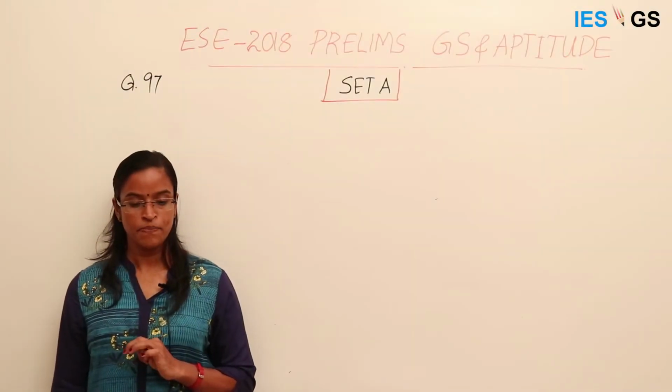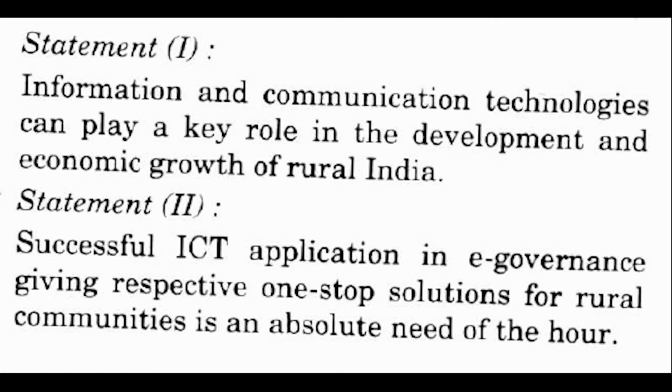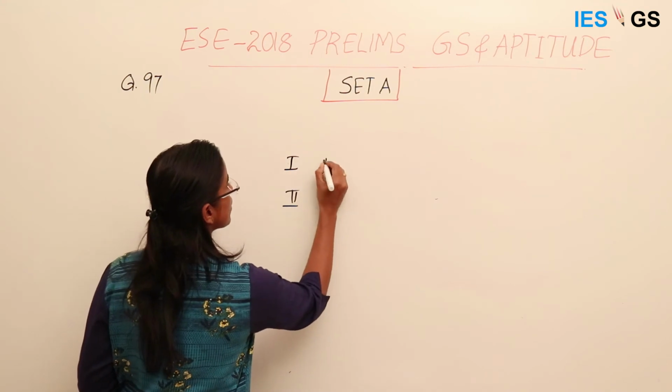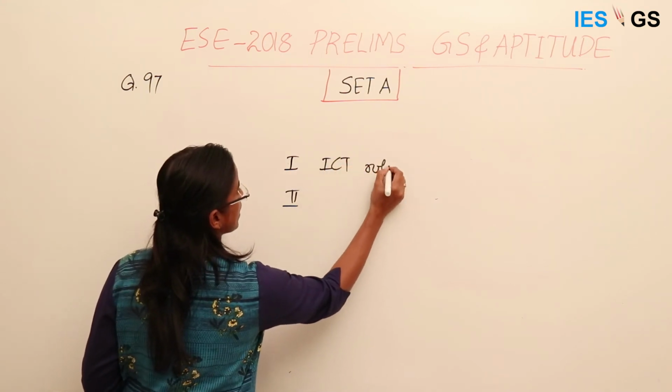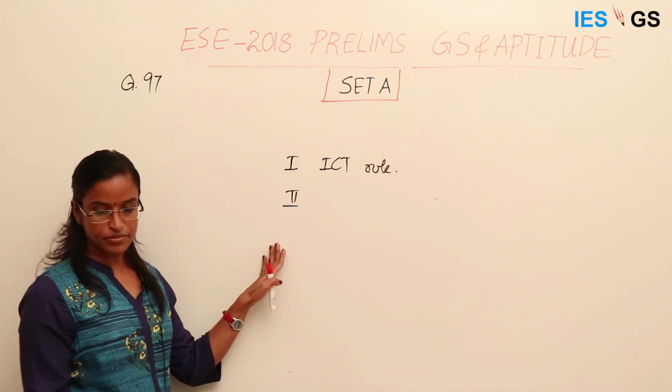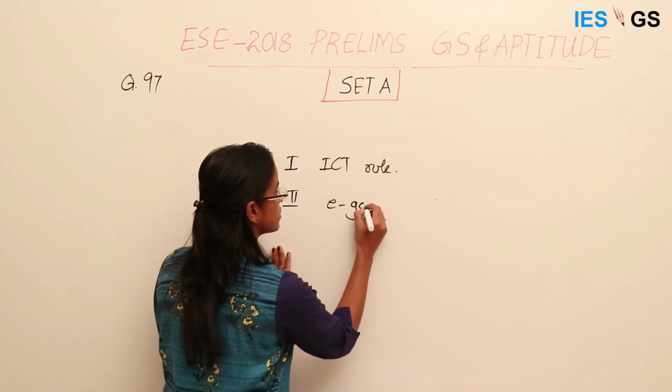Question 97. Information and communication technologies can play a key role in the development and economic growth of rural India. Statement second. Successful ICT application in e-governance giving respective one-stop solutions for rural communities is the absolute need of the hour. So here the first statement tells that ICT can play a role in the rural development. And second statement tells that ICT in e-governance